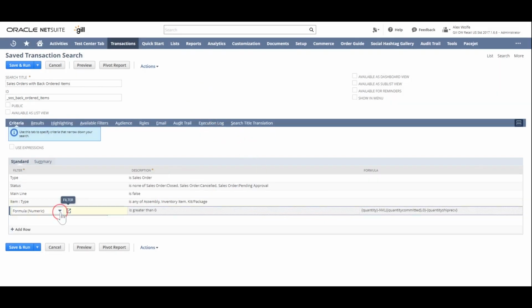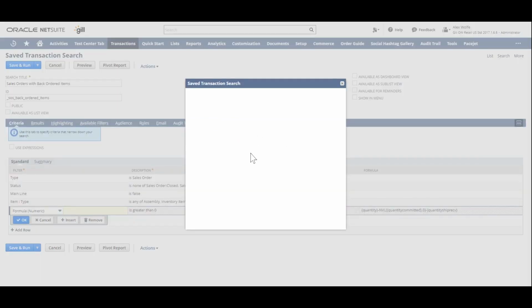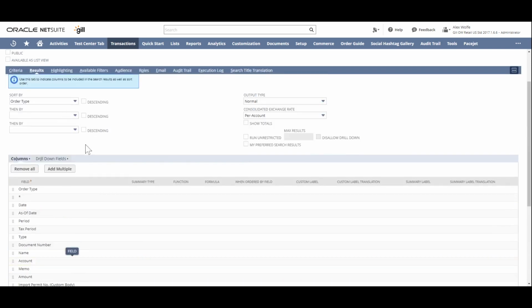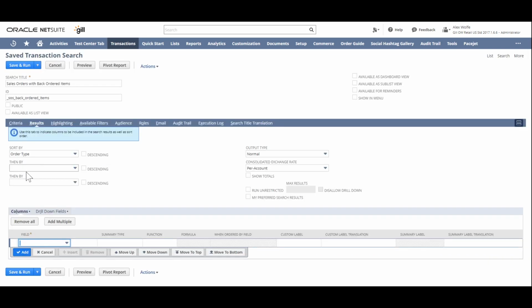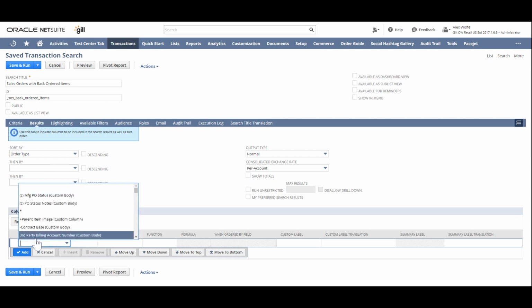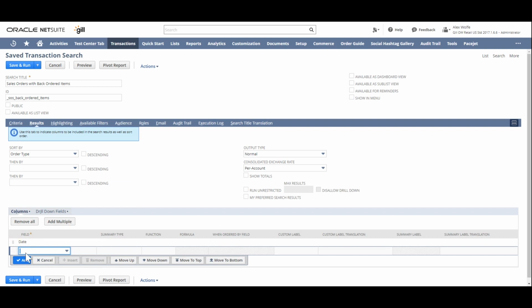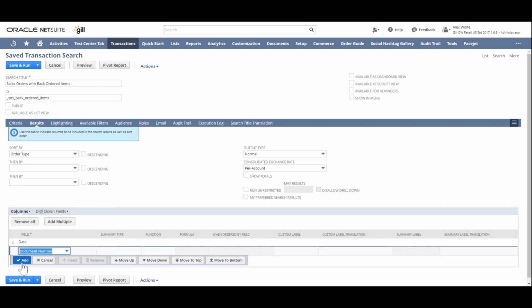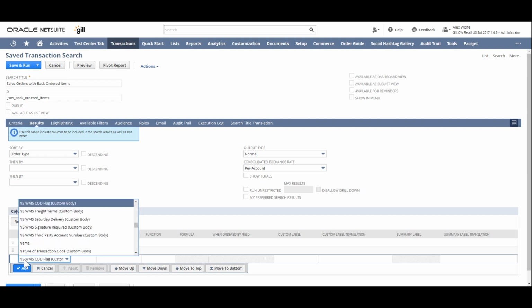While I'm here, I'm also going to come back and copy this formula. This will just allow me to use it in my results as well. At this point, I'm going to jump over to my results tab. And I'm going to just remove everything that's here so we have a clean slate. And I'm going to include just some really simple results data here. So I'm going to add my date, my document number, customer name,